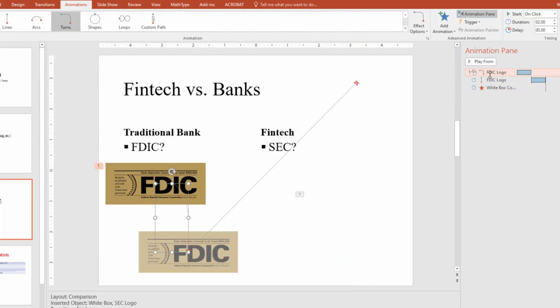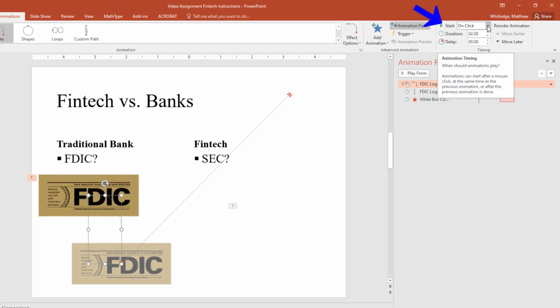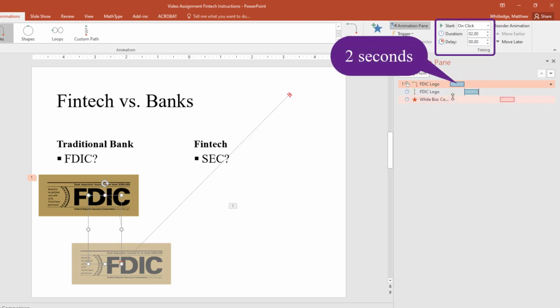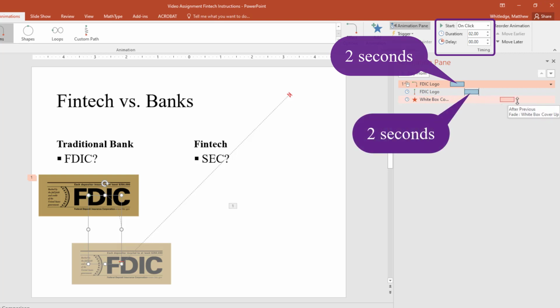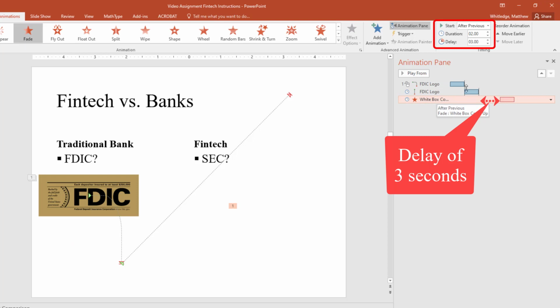On the animation pane, you'll see different information here. You notice that this starts on a click, or when we go to advance a slide. This animation is going to last 2 seconds. And there is no delay between when we click the mouse and when that animation starts. This is kind of an outline of when we expect to have all those animations occur. In this case, you could see there's a difference between the end of this animation and the one after it. And if we activate that animation, we'll see that there's a 3-second delay between the end of this one and